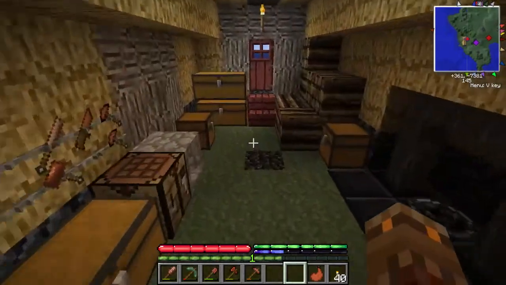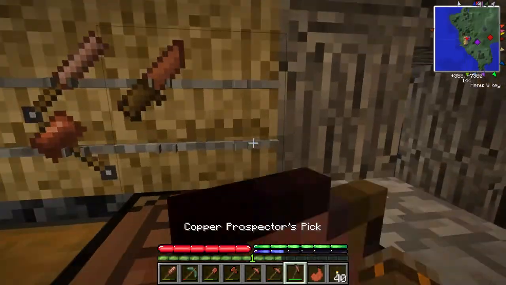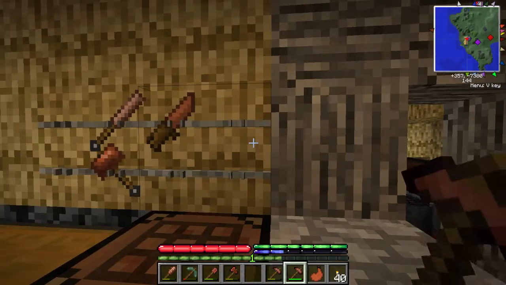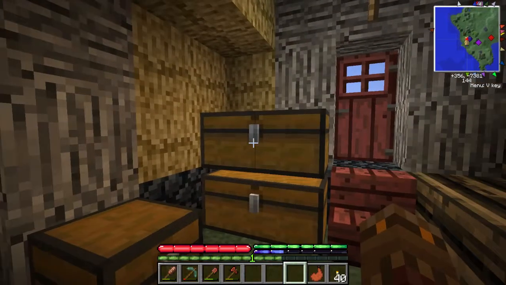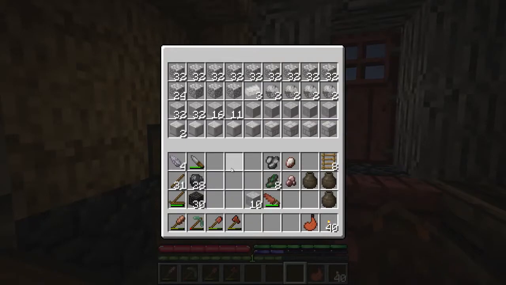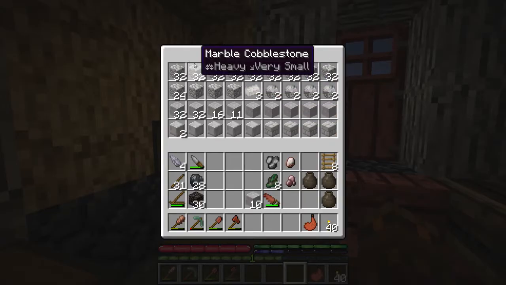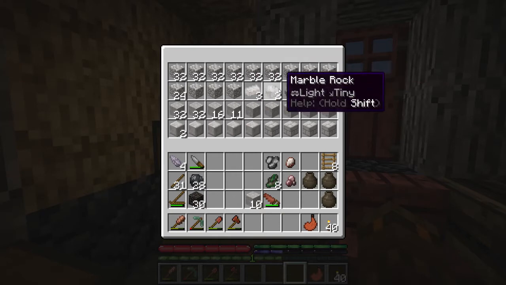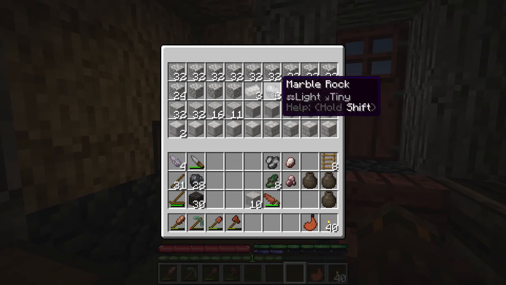Alrighty, we are back at the house here. And I actually had to make another prospector pick. So I'm going to put that one, half-used one up there. So with this chest, it's kind of going to be how I'm going to sort my stone after I get a bigger storage area, is have at least a row of cobblestone, maybe a row and a half, and some rocks here, and then the raw brick form,